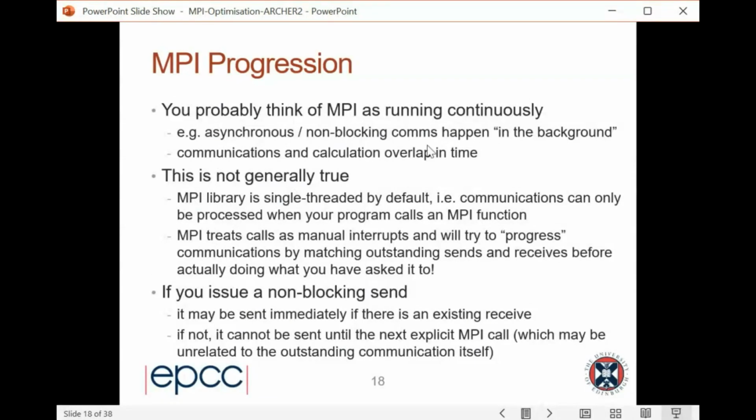Therefore, your model is that communication and calculations overlap in time. This is not generally true. This would be nice if it were true, but it's not. And the reasons are: transferring messages requires